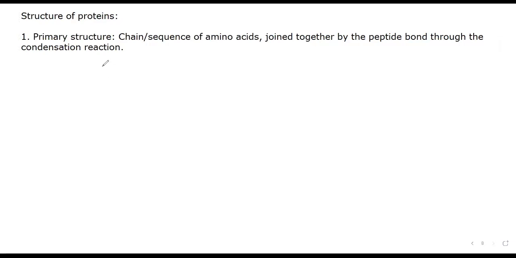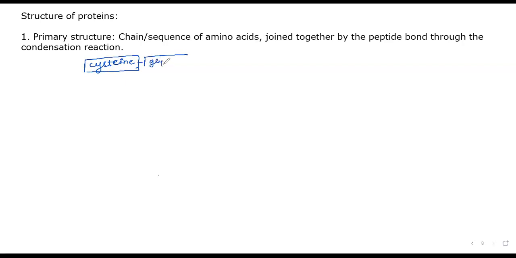It looks like this. For example, one amino acid is known as cysteine. Cysteine is the amino acid that has sulfur in it. So the amino acid that contains sulfur is known as cysteine, by the way. I have cysteine. Cysteine has made a peptide bond with the next amino acid,